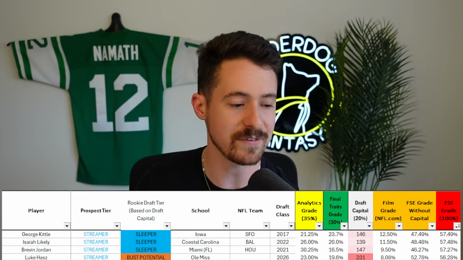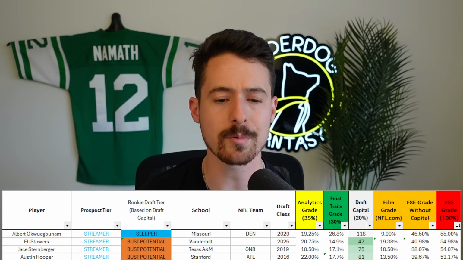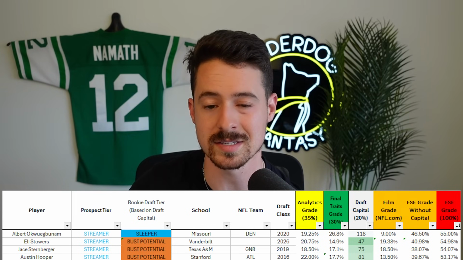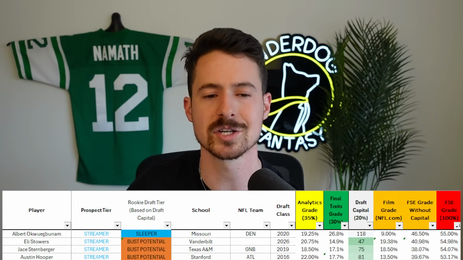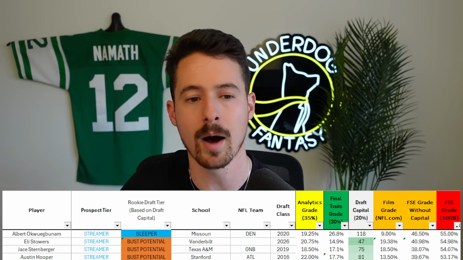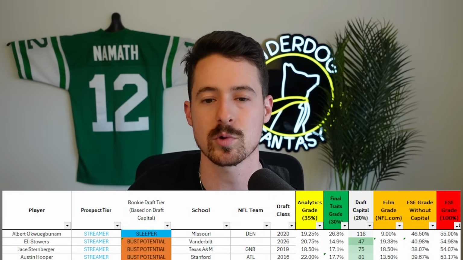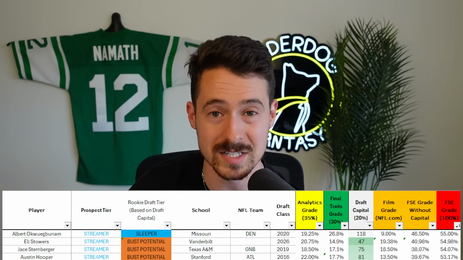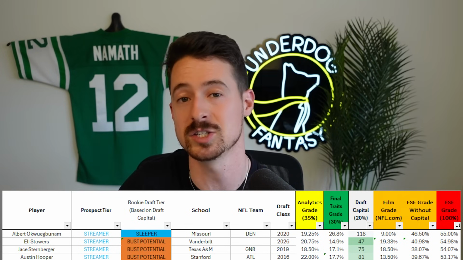So tight end 5 is Eli Stowers of Vanderbilt. Now, I would say most people probably assume Eli Stowers is closer to tight end 1 than he is to tight end 5, for a lot of Devy people, a lot of Dynasty people. His comps range from Austin Hooper, Albert O, Jay Sternberger. I have a few concerns, and the major one for Stowers being that he's small. 6'4", 225 is what he's listed at, which is undersized for a tight end. Is he 235? Is he 225?